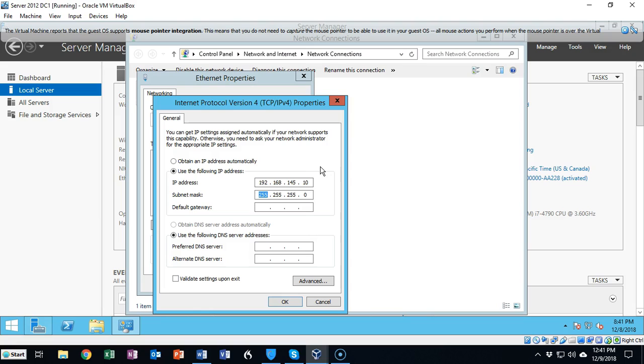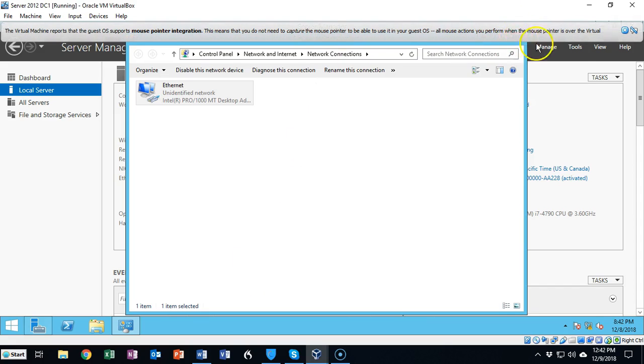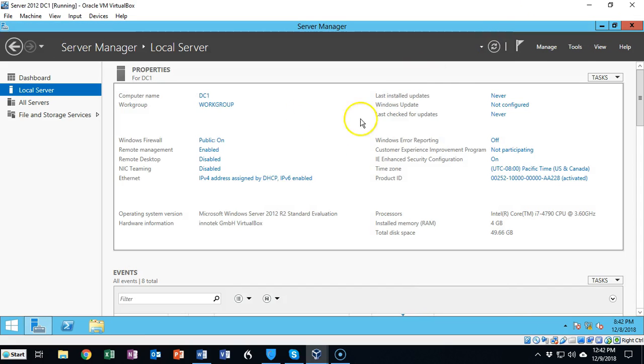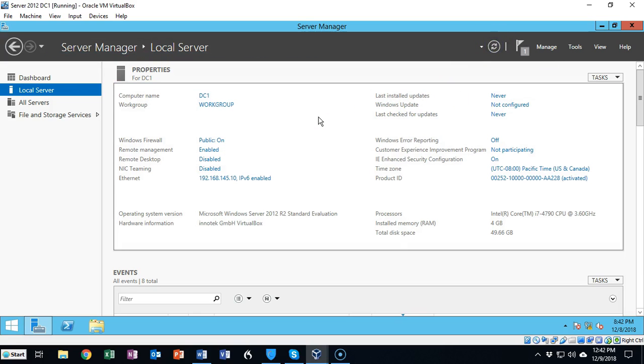That fills in the subnet mask, and the rest of this I can leave blank, because when I promote this machine to a domain controller, it won't find DNS, so it's going to install it for me automatically. When it does that, it will then assign a loopback address to its preferred DNS server address on this adapter. I'm going to say OK to that, OK to this, close out my network adapters, and that brings me right back to Server Manager. Now I'll do a refresh, and you'll see that I have a static IP address of